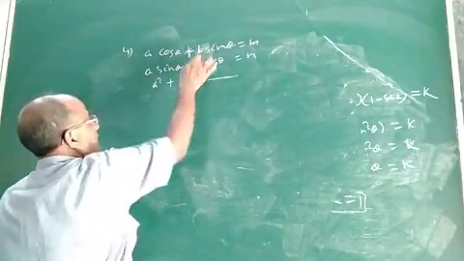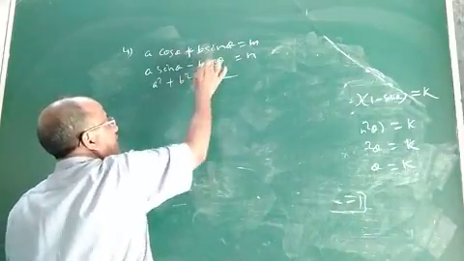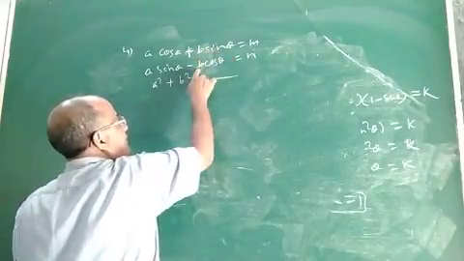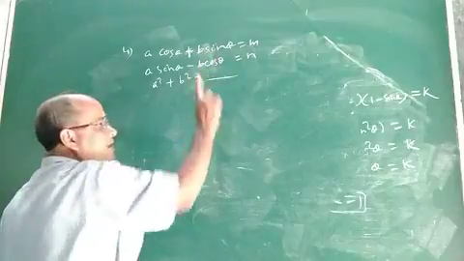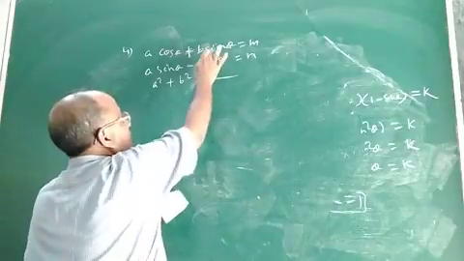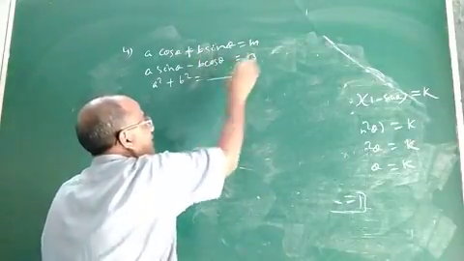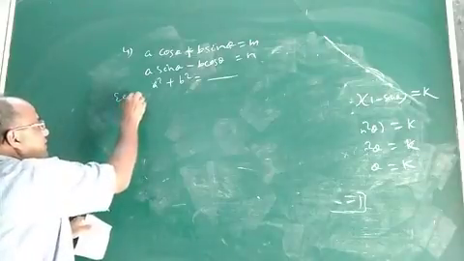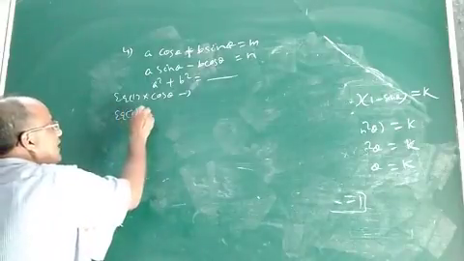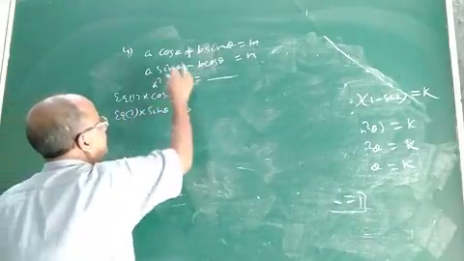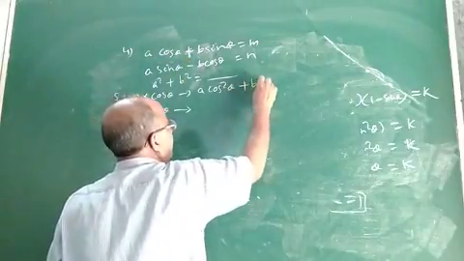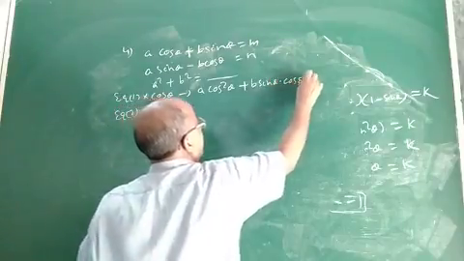First, let us eliminate b from equations 1 and 2. See, in order to eliminate b from equations 1 and 2, b is multiplied by sin theta here and b is multiplied by cos theta here. So by applying the elimination method by equating coefficients, you multiply cos theta to equation 1 and sin theta to equation 2. That means equation 1 into cos theta and equation 2 into sin theta, and see what is obtained. It will give you a cos square theta plus b sin theta cos theta